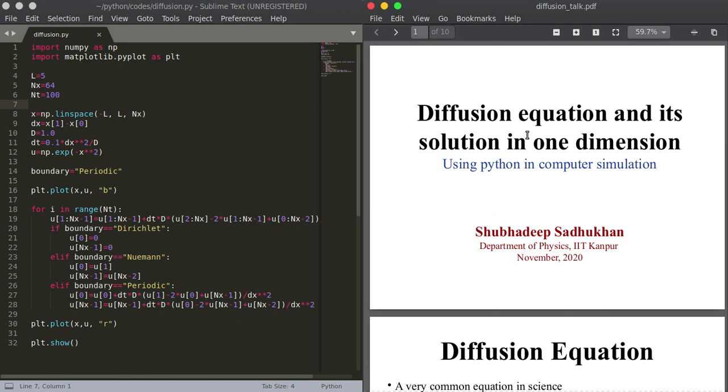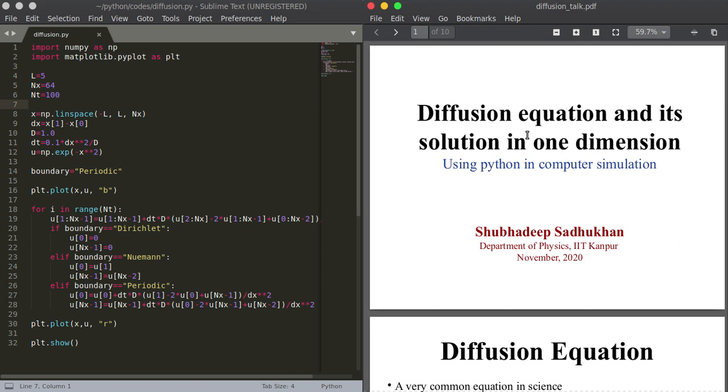Today I will talk about the diffusion equation and its solution in a one-dimensional system. I will talk about how to solve it on a computer, and I will use Python programming. In the first part of this video, I showed you how to do it with the finite difference method. Today I will talk about the spectral method, and